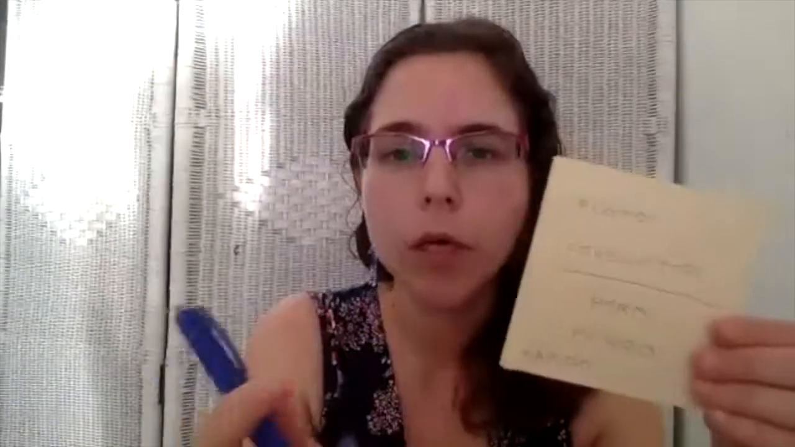We find the rolling R when we have two consecutive R's, or when the R is at the beginning of the word, like rápido. So this is also a rolling R, rápido. Or when it's after a consonant, like for example,